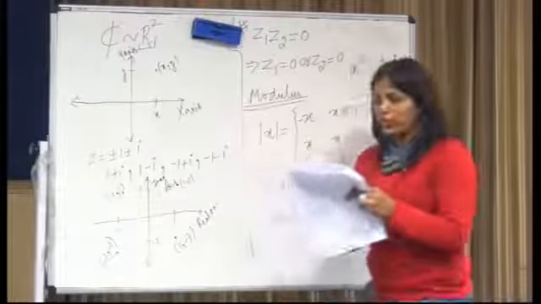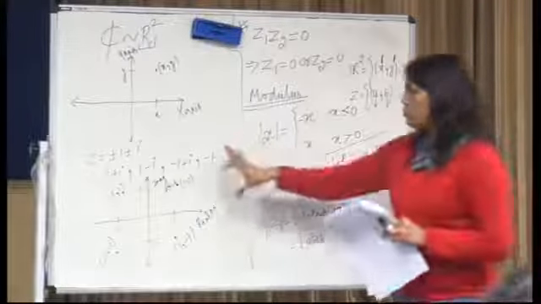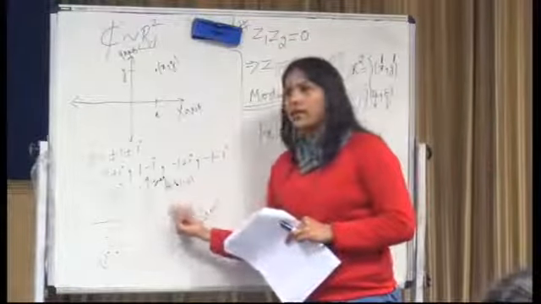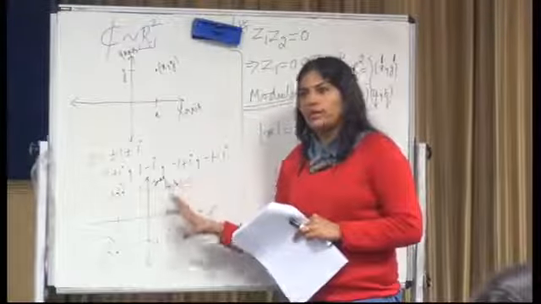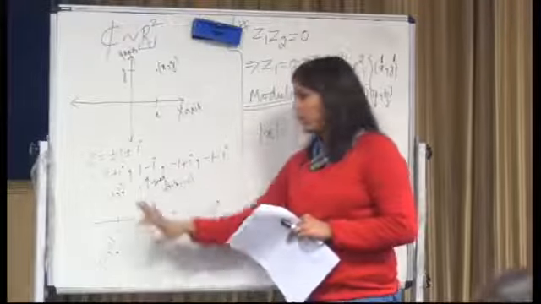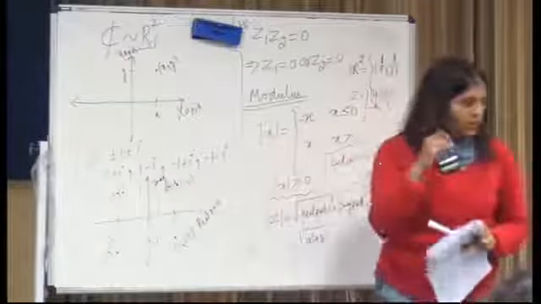Fine. Is this okay? So for the argument, you got to know how we draw any point in the complex plane. Easy, very easy. All the 4 quadrants you got to know. Now next thing is,